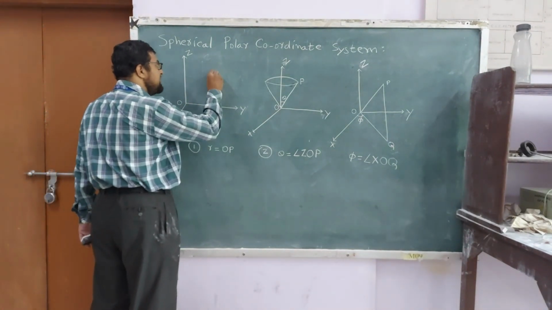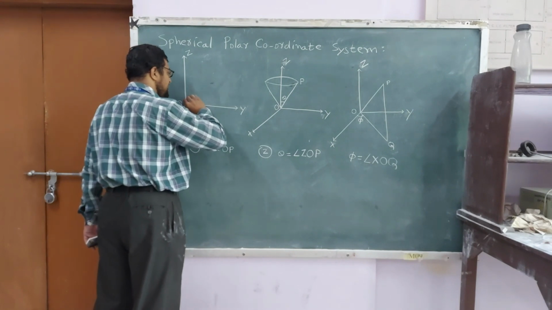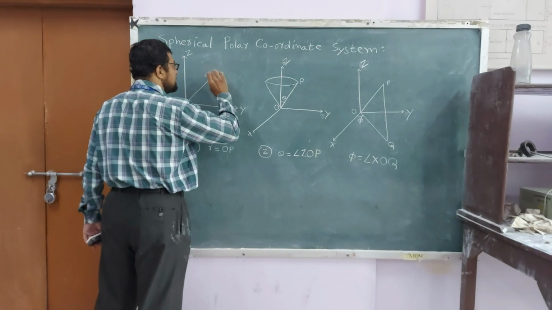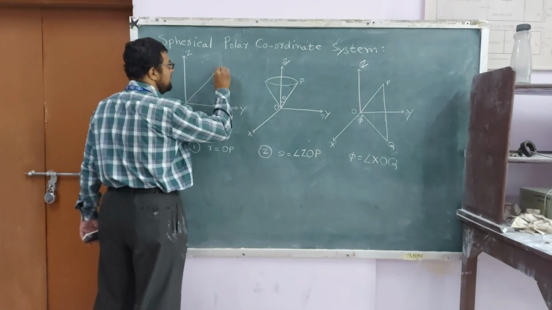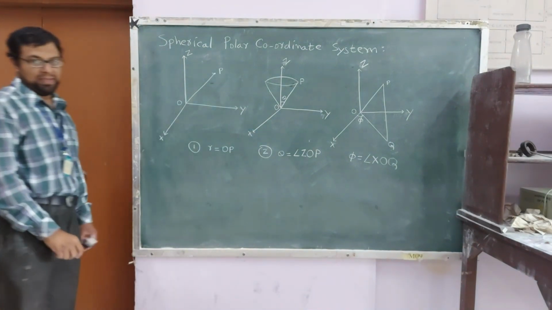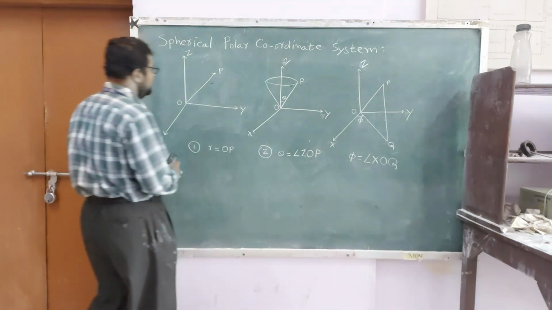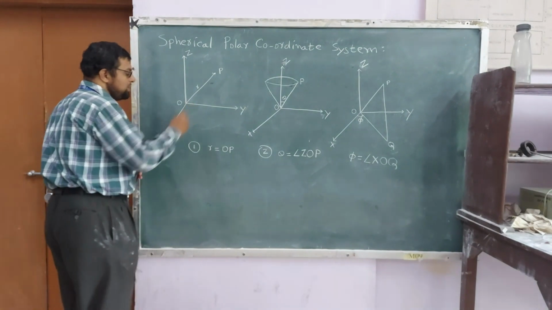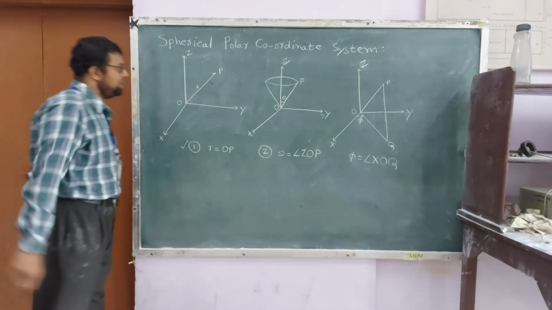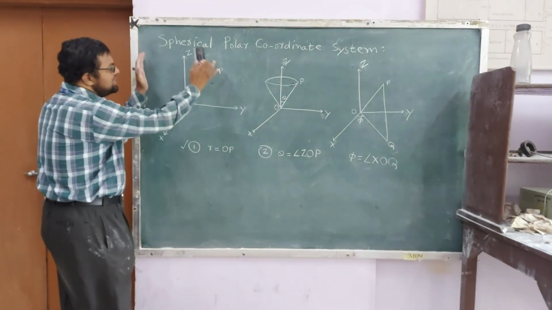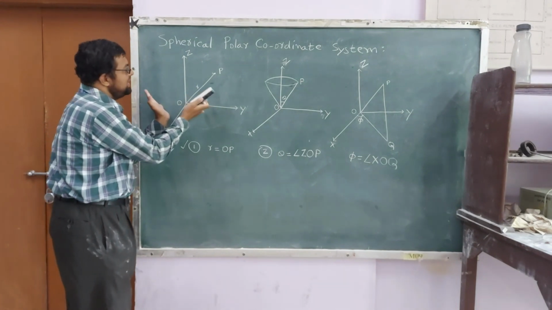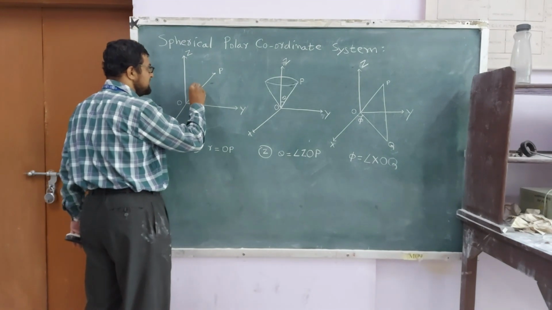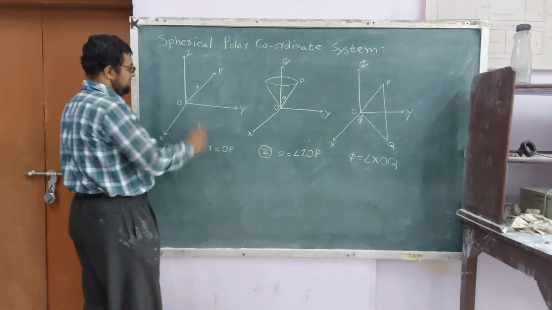Now this point P is somewhere here, so we just draw a line from this to this. Okay, so rather this is point capital P, and then this radius of this point capital P, that is nothing but what? Our first coordinate, radius. Okay, so we have to consider it to be a sphere here. Imagine a sphere here. I am not drawing the sphere of course here, but we have to consider that there is a sphere of radius r.